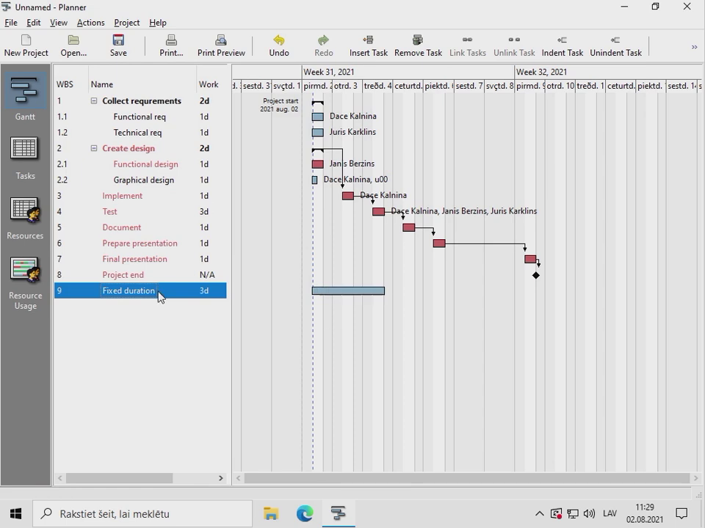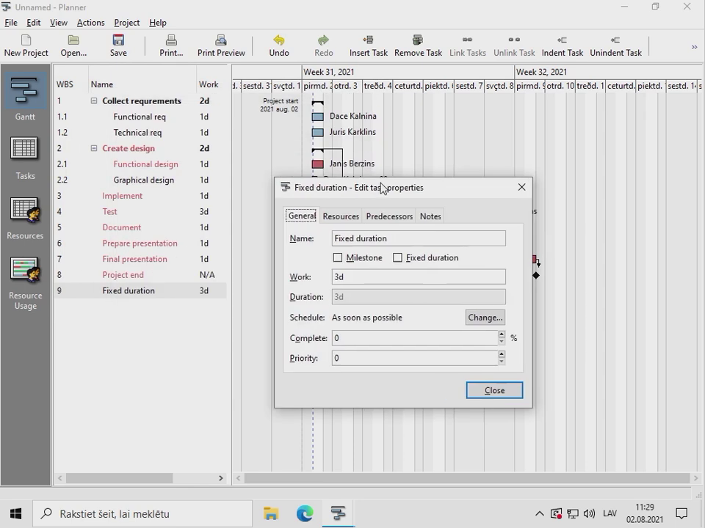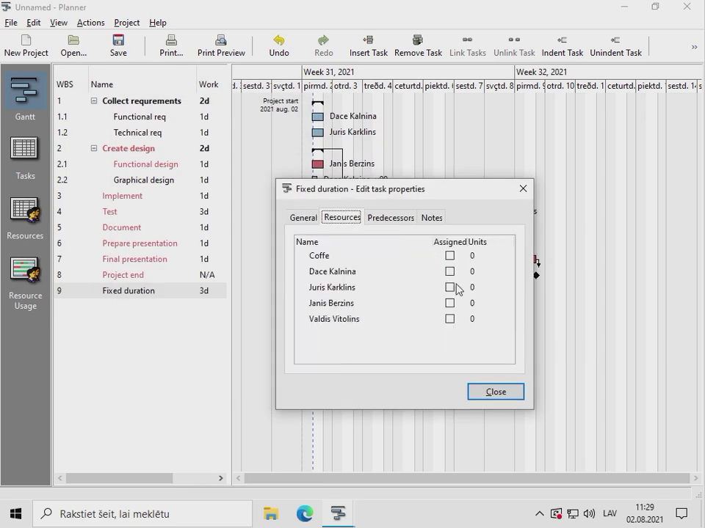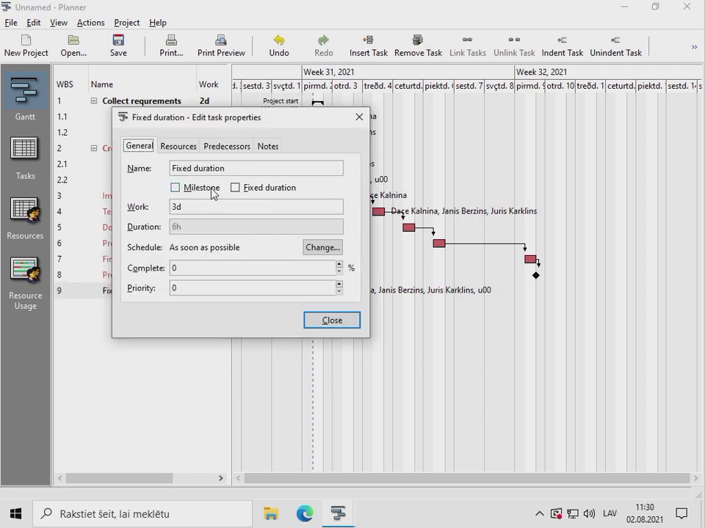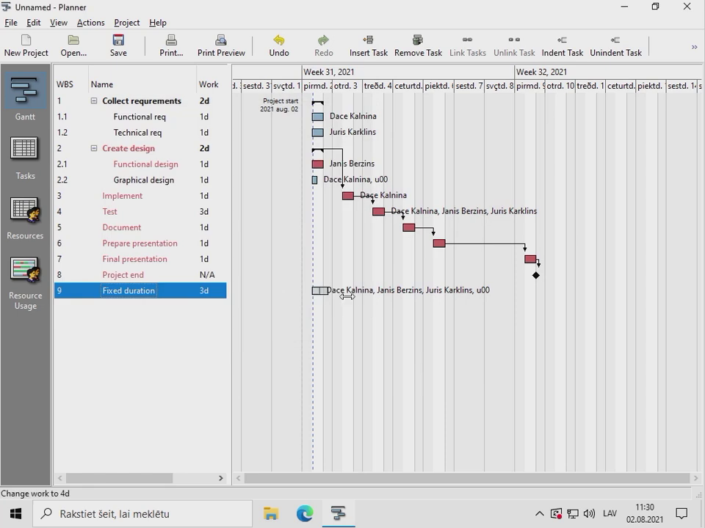And if you have some fixed duration task, then adding more persons will not make it shorter. You will only waste more person hours on this particular task. I didn't set it to fixed duration, sorry. I just named it. See, if this duration changes,